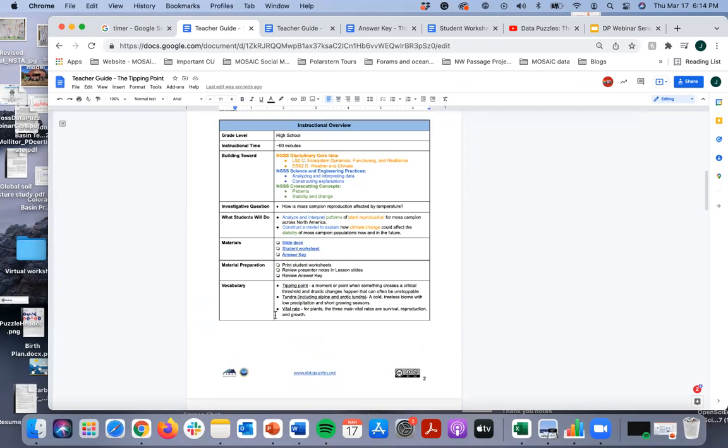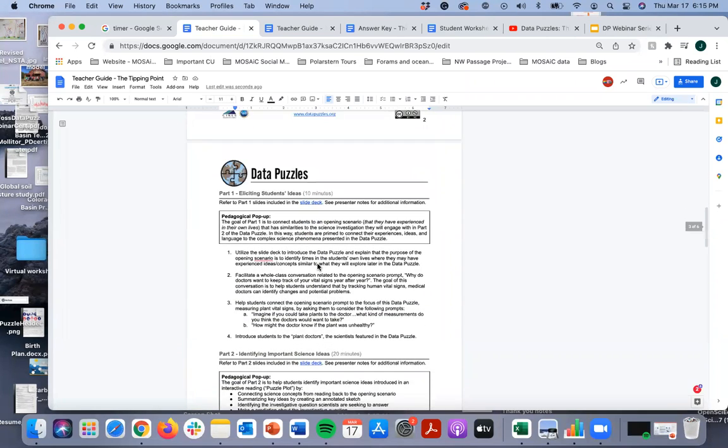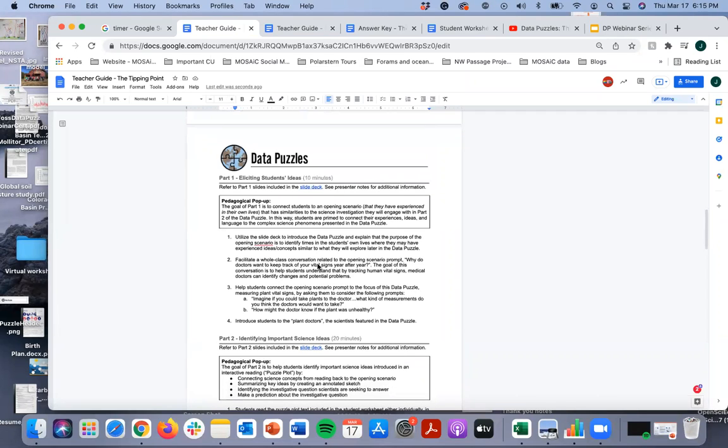On the second page of each of these teacher guides, you'll find an instructional overview table with the grade level we're targeting, instructional time, different standards, the investigative question, and some statements about what students will do. And here are the resources: the slide deck, the student worksheet, the answer key. So make sure that you're aware of where those are hidden here in the teacher guide. And pages 3, 4, and those thereafter explain the different parts of the data puzzle in a little bit more